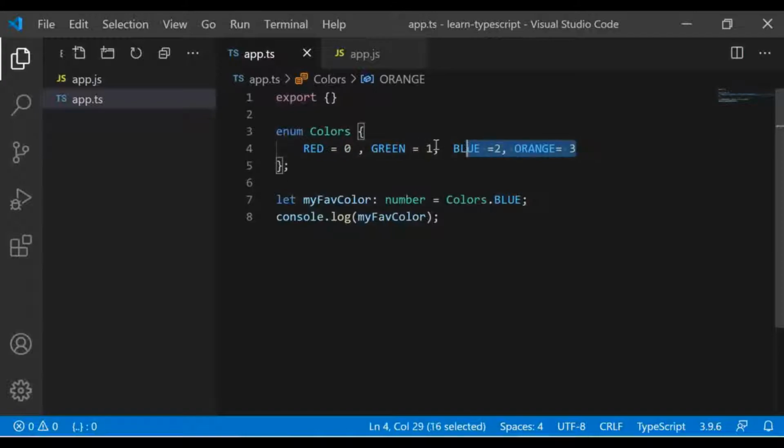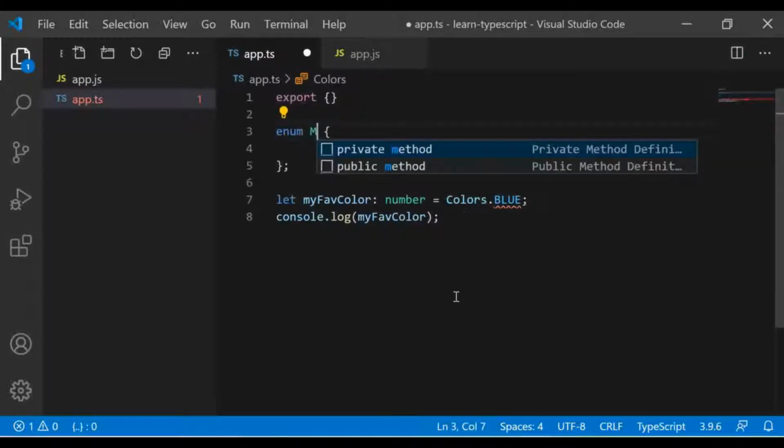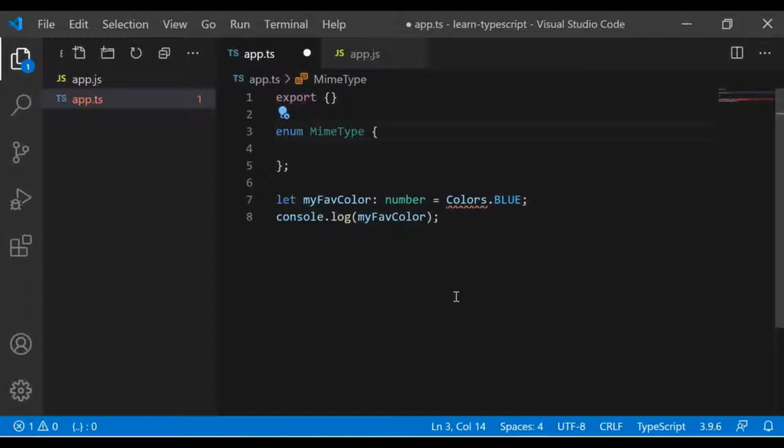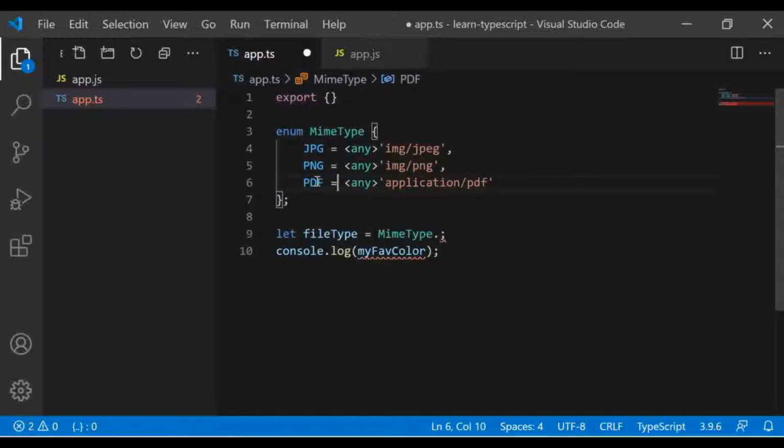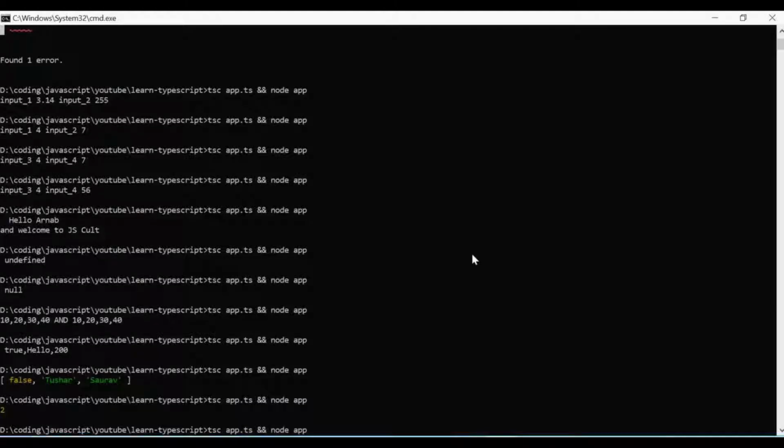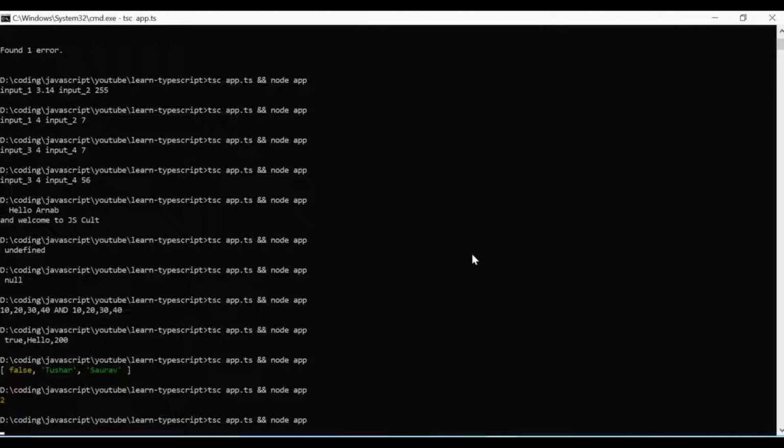Apart from the numeric values, we can assign string values as well. Let me show you an example. Imagine we have a MIME type enum, and then you can dynamically assign any value here. The moment you are printing file type, it should work.